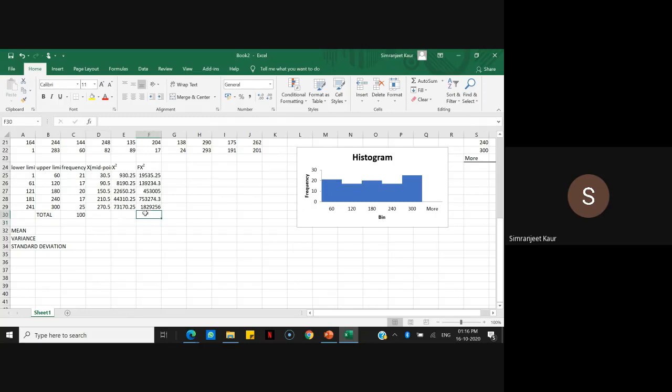Now I'll need the sum of this also, and that reminds me, we have to calculate fx also because we will need it for our formula in mean. So this again is f into x, so we simply drag it.